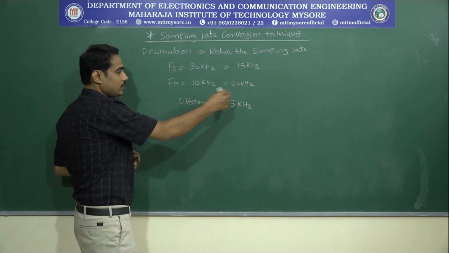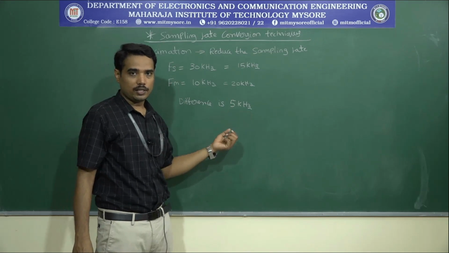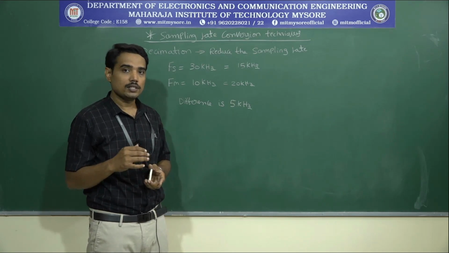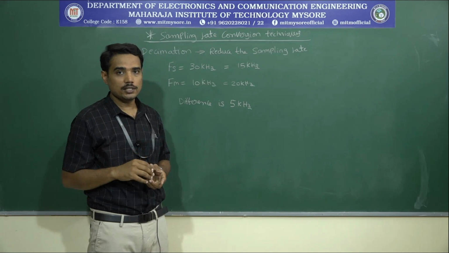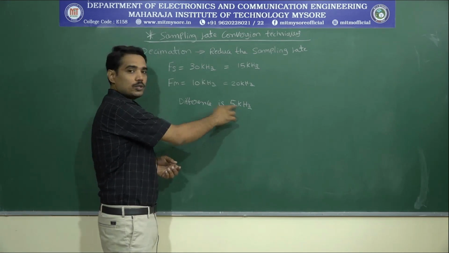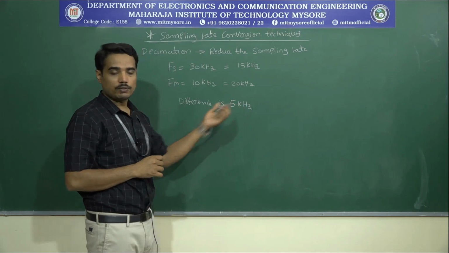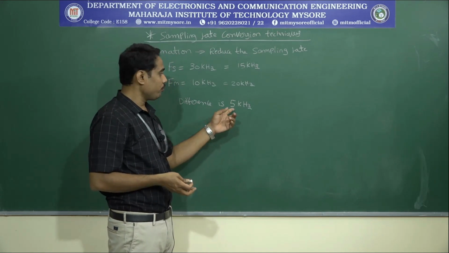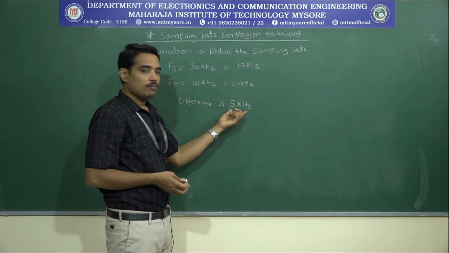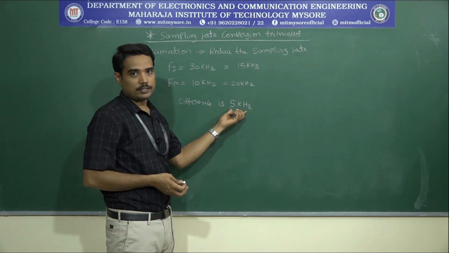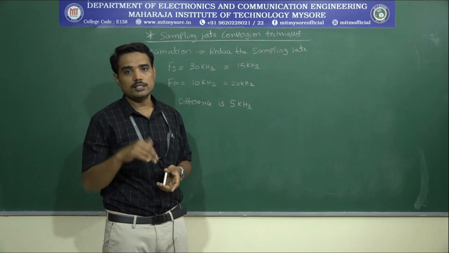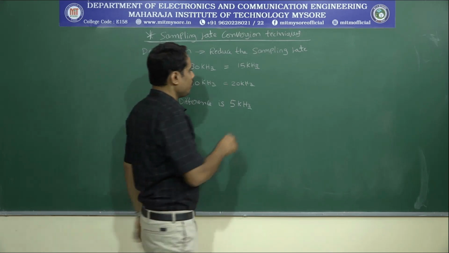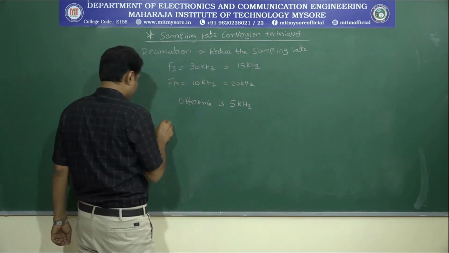That means the excess 5 kilohertz frequency component has to be filtered out before reducing the sampling rate. How to do so? How to remove the 5 kilohertz frequency component? Before performing the downsampling, we have to first pass this signal through a digital low pass filter to remove the high frequency component, that is the excess. Then we can reduce the sampling rate. For this, I can write the block diagram as